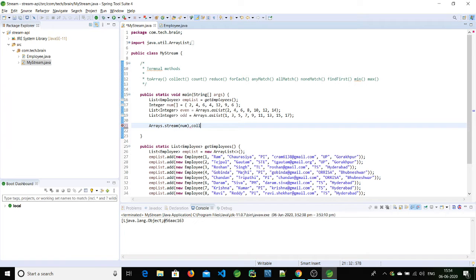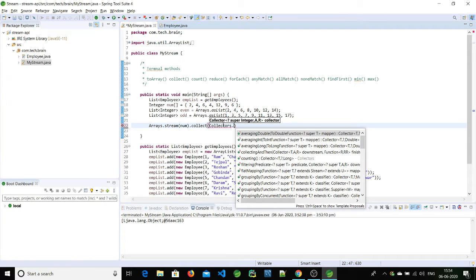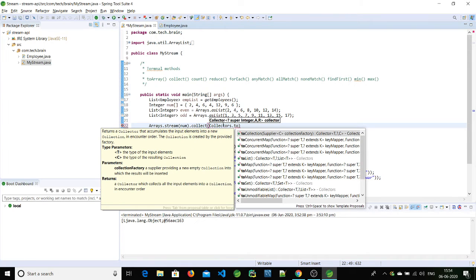I'll call the collect method, and collect is expecting what type we are going to collect. It could be set format, map format, there are several formats. I'm going to provide the format in which it will collect the values. For that I'll use the Collectors class, and in this I'm going to specify toSet.